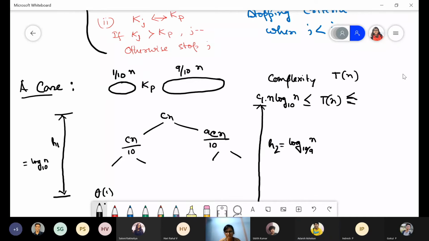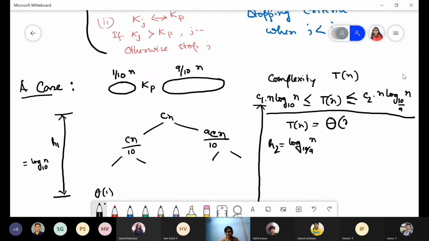C1 into this, C2 into n log 10 by 9 n. Will you agree if I write this? Is it okay? Yes, ma'am. Okay. So in any case, we can write this as